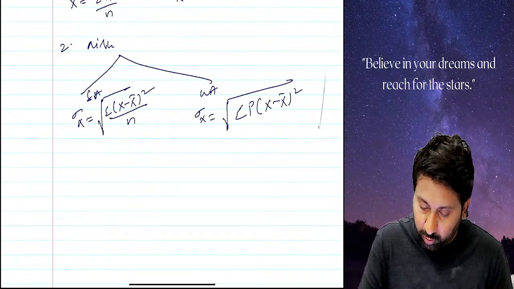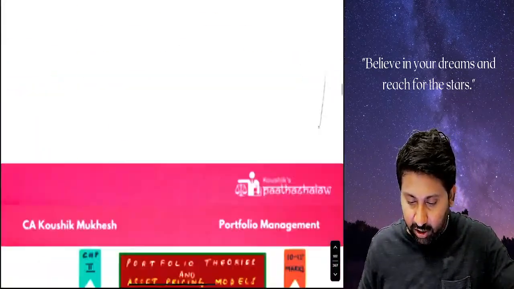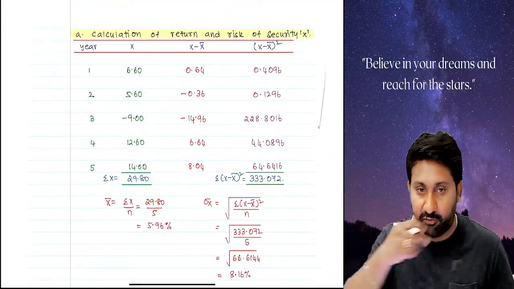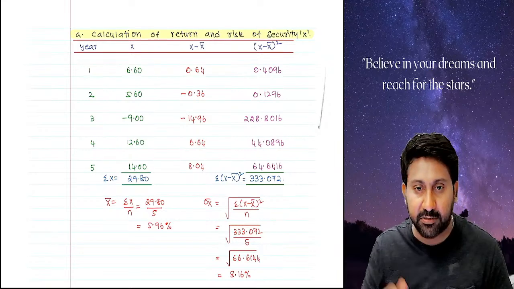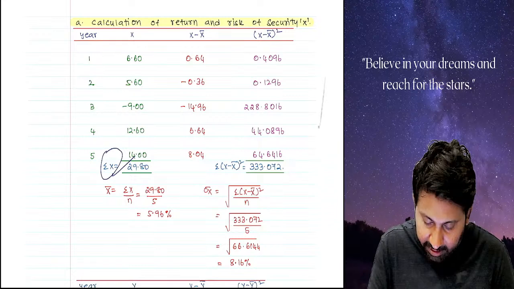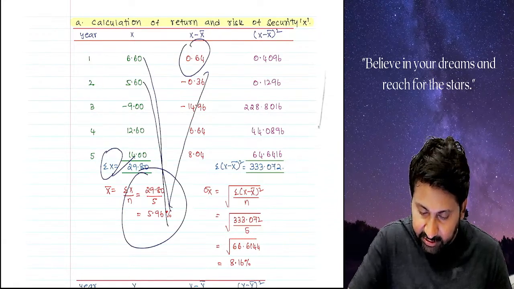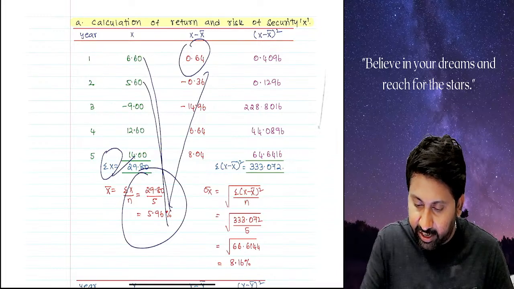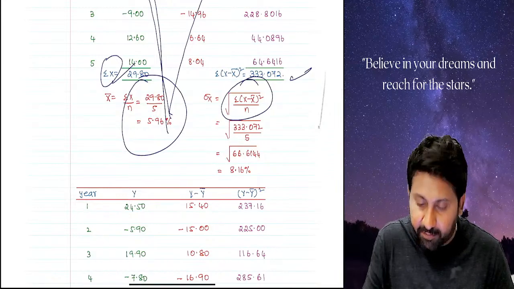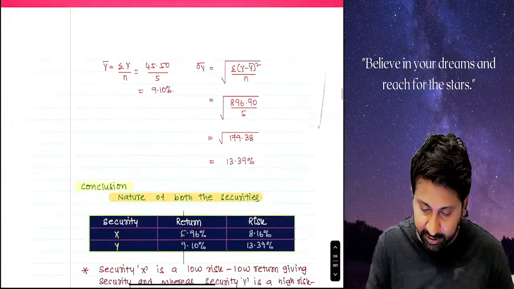Okay, how to do it? Let us see one question and try to understand. For each and every concept I will show one question and then move on. See here, like this they will give the information: X minus X bar, and X minus X bar the whole square. X bar is the mean. The mean you calculated, 6.6 minus 5.96, like this we have to calculate. Lastly, we take X minus X bar whole square, total it, sigma (X minus X bar) whole square divided by N. This is the simple average. Why simple average? Because probabilities are not there. Like this we need to do.